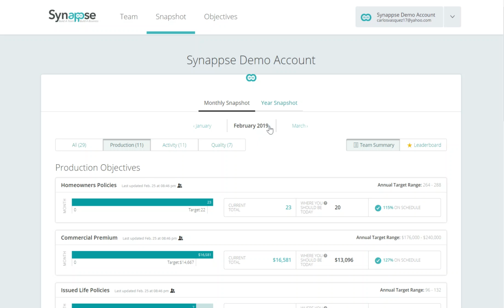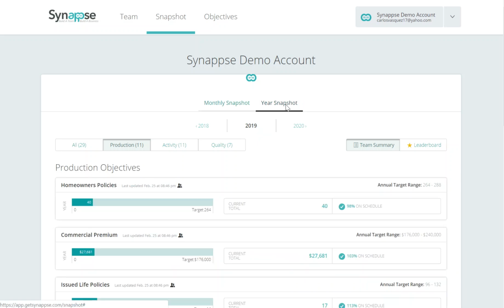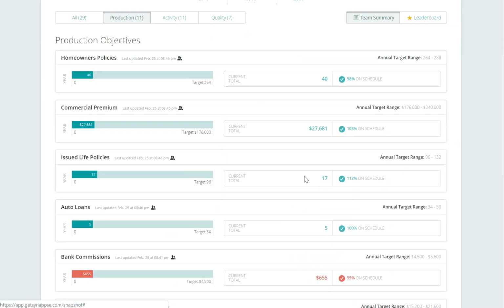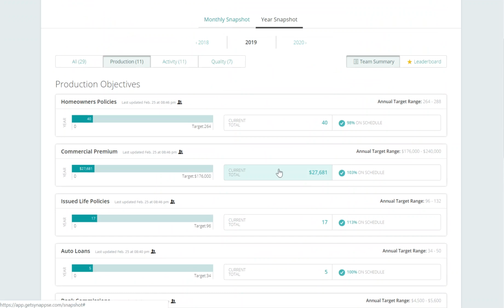this particular feature. I want to jump into the year-to-date snapshot. It's pretty much the same concept here. It's going to take who's responsible. So again, looking at homeowners policies, it takes the 2 people who are responsible for producing against this objective, and instead of the monthly target, it's going to show you the annual target. So in this case, it's saying that we need to be producing 264 policies by the end of the year